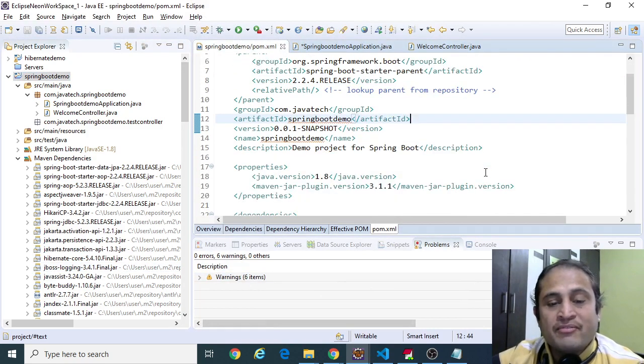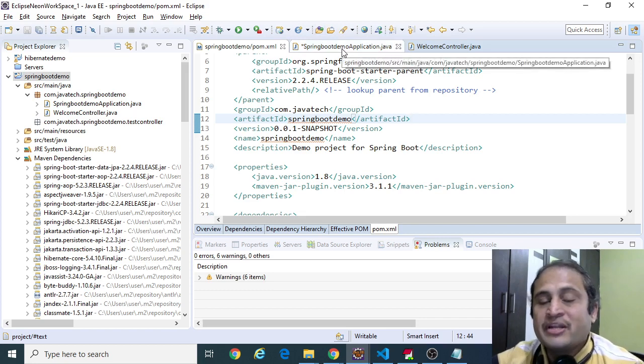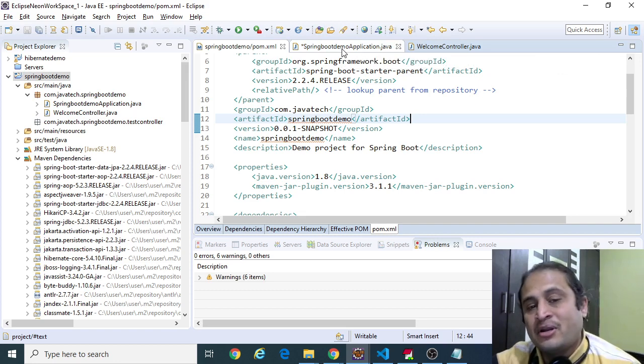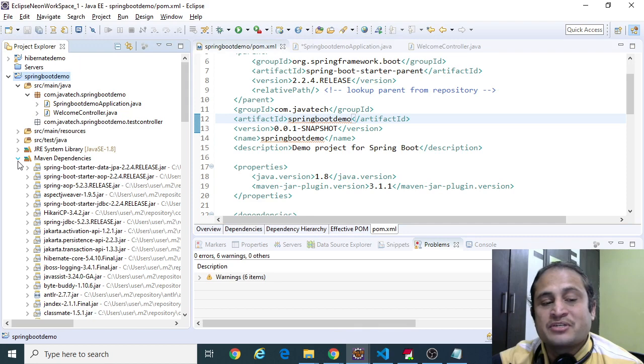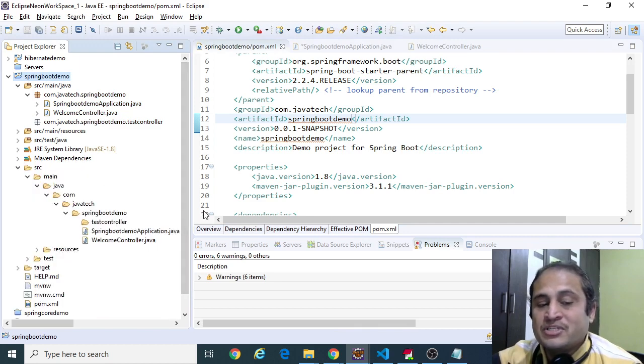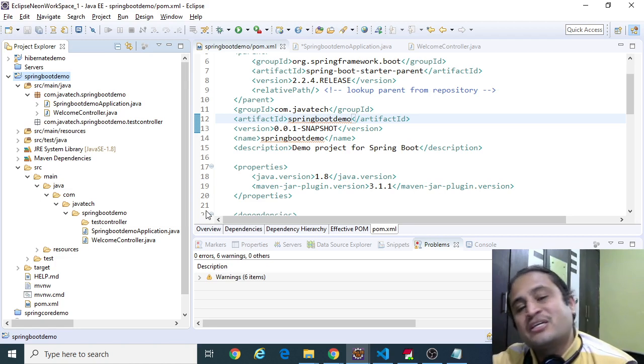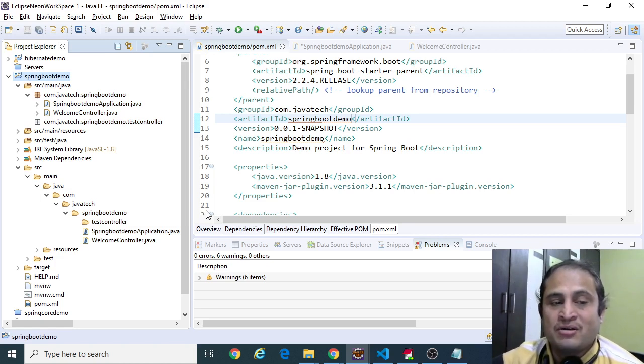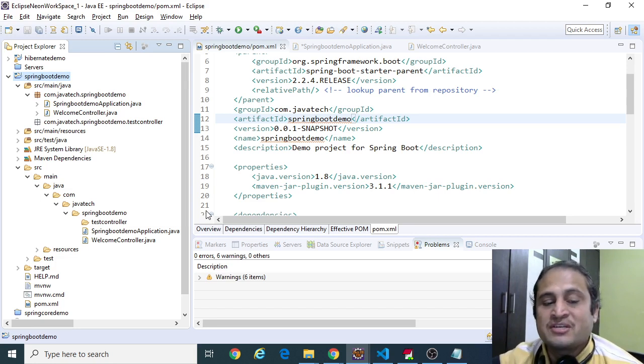What we are trying to achieve in this particular project is, we will create a database, an in-memory database. We will make use of the in-memory database. I will create a user entity, one user object, where I will insert the user data, pull the user data, and update the user data. All those things we will see, how those methods work using Spring Boot. This is a Spring Boot demonstration of the application, how to make use of all these features of Spring Boot.